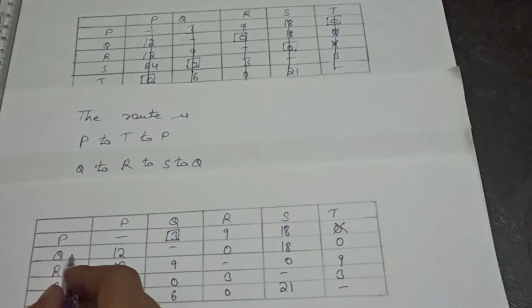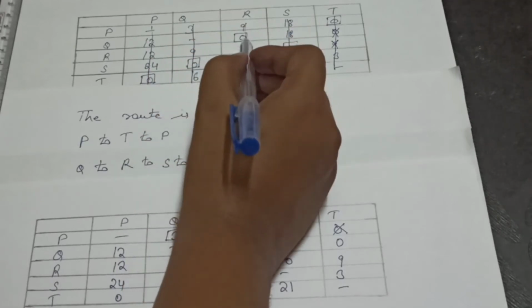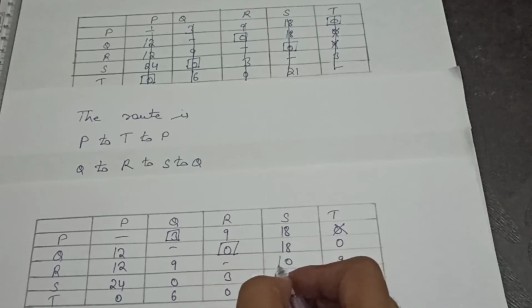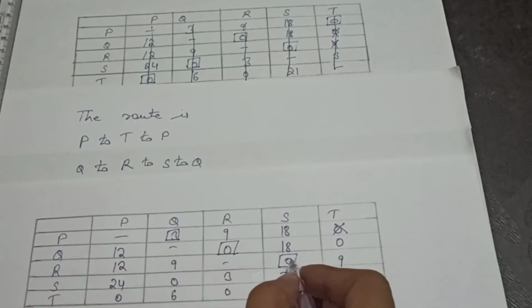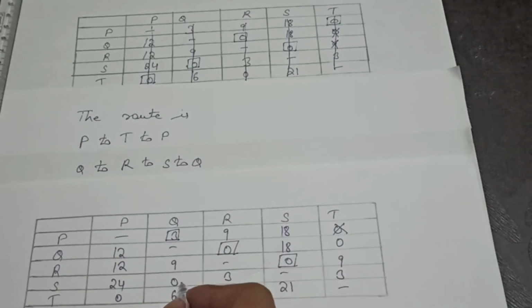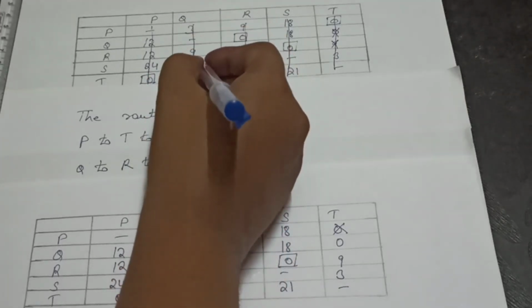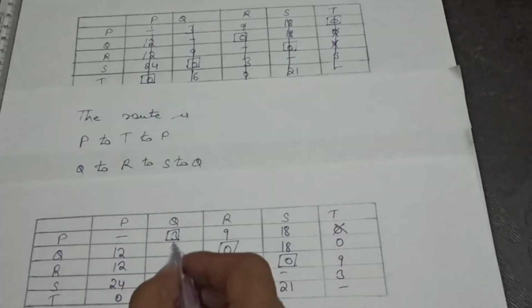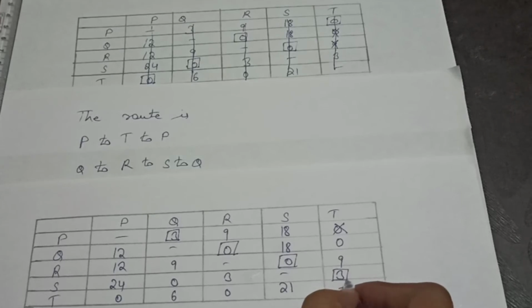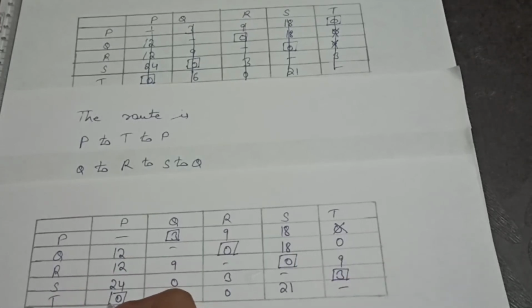For the Q, first of all we have this R city. Now we will remain here, R. For the third row we will select this one. For the fourth row we will select this instead of Q. Here we have selected this Q, but now we can't select this because we already selected it for P city. Now we will select here T, this city. For the T we will select this one.